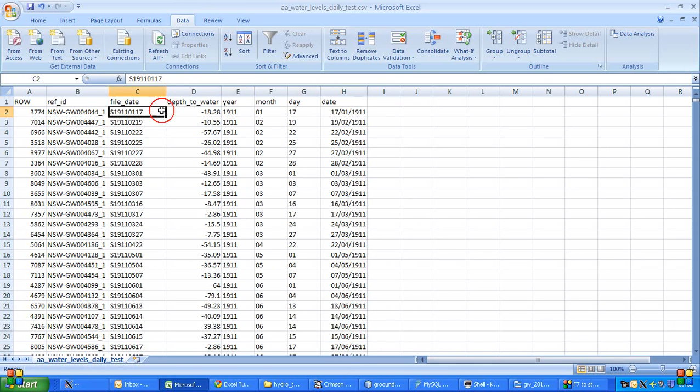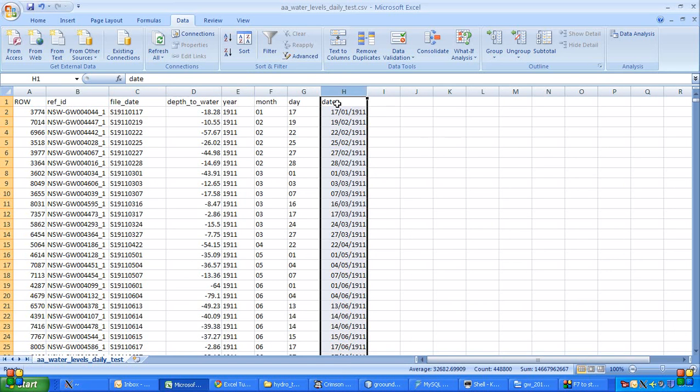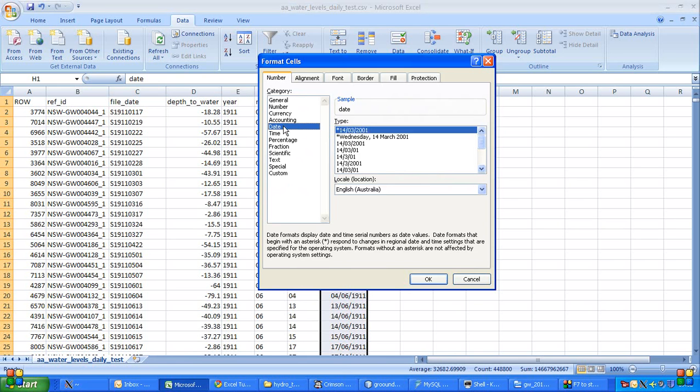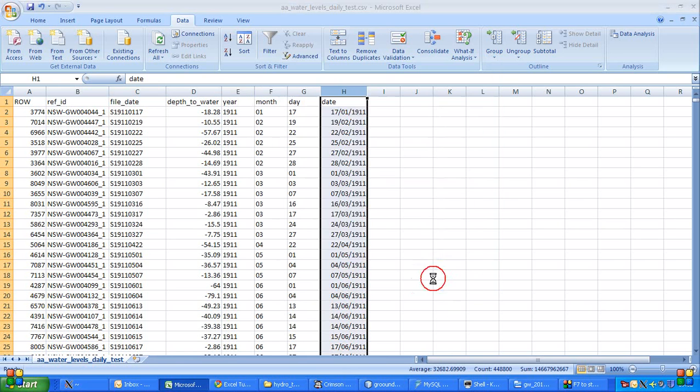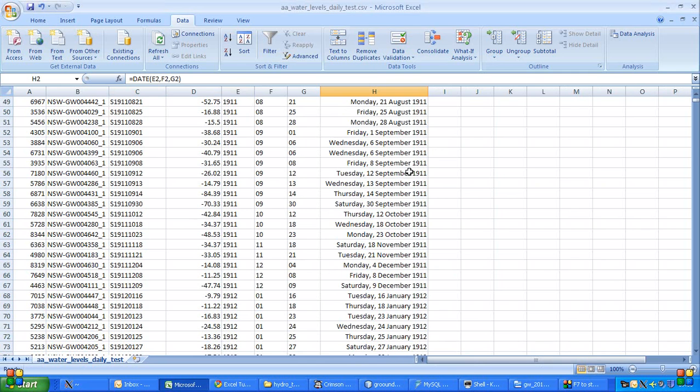But you're saying, hey, it was in a format. Well, you can't do this. If you format it, and we pick date, and we pick a really nice long format like that, make it big so we can see it. And Excel takes a little bit of time. There we go, look at that. We've now turned something weird